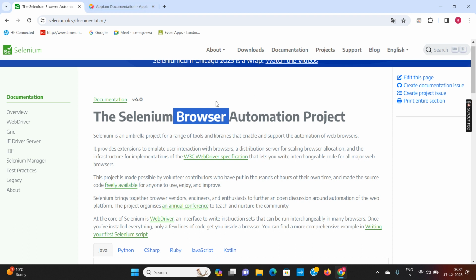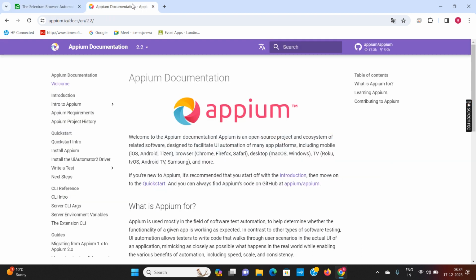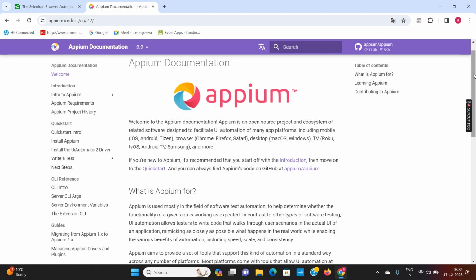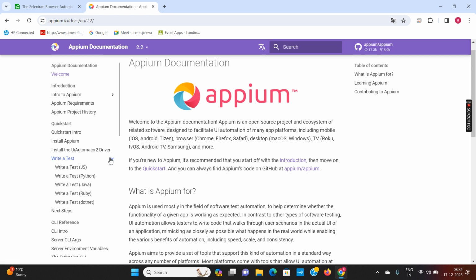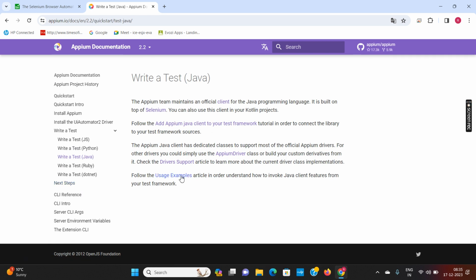It automates only websites. Now if I want to automate the mobile application, then it is Appium. Again, Appium is an extension of Selenium only, you can say. If you go and write a test here also, you can use multiple languages like Java, Python, Ruby, .NET, C Sharp. It is also supporting multiple languages. Again, it is a library only. It means we have to write a program. If I again go for the Java example,